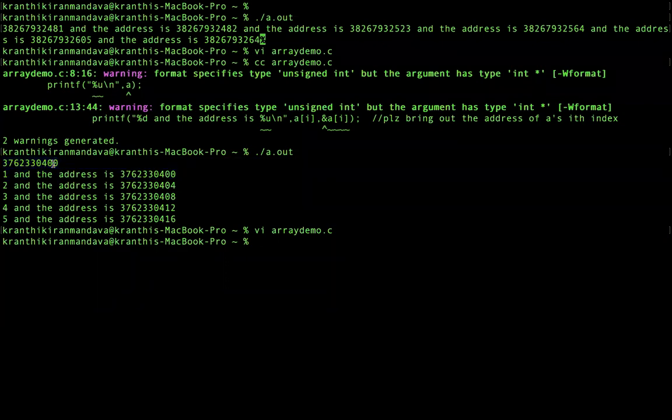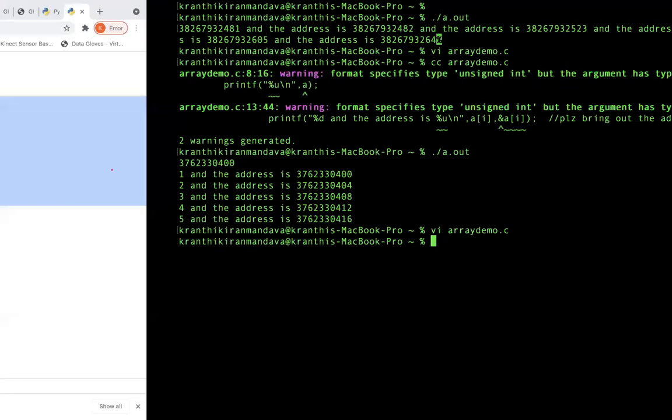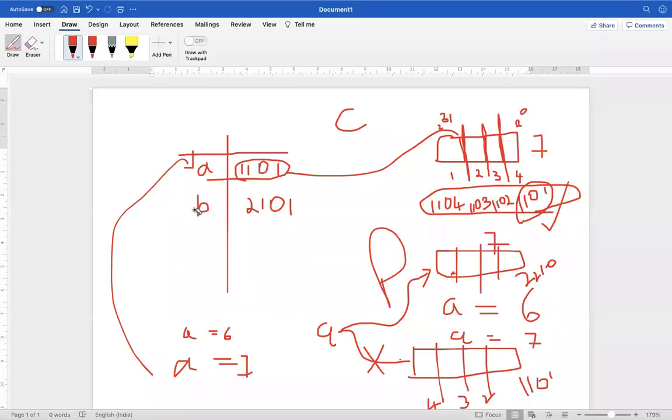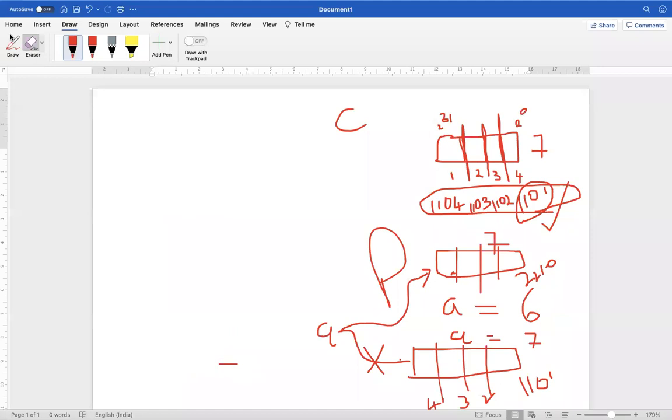Now I will explain you something else. It's like your earlier example. Here also again you have indexes. The same thing. You will have A and you will have 1101. Earlier in the morning class I have told you, right? You will have indexes.